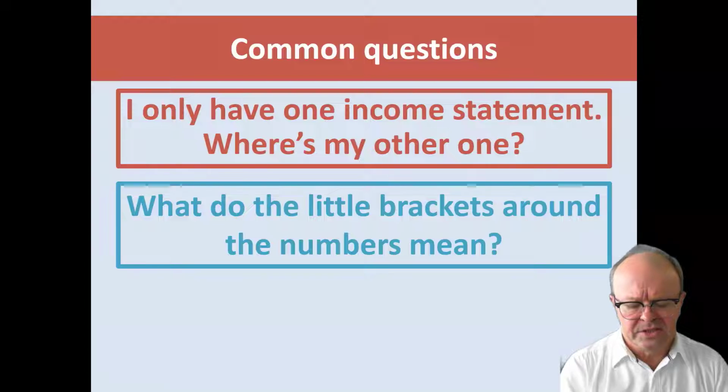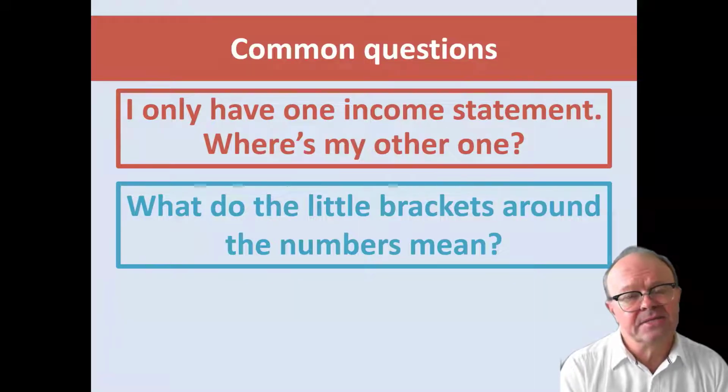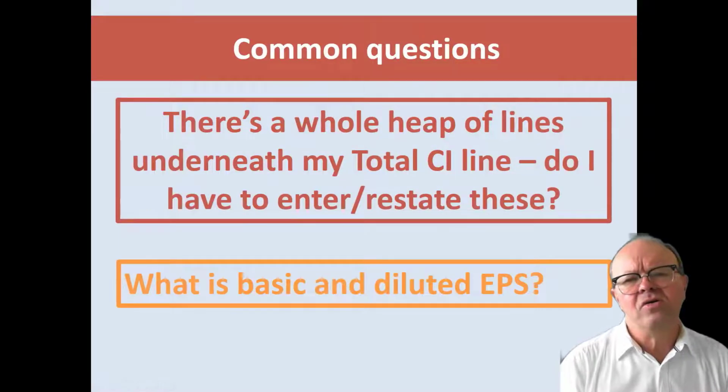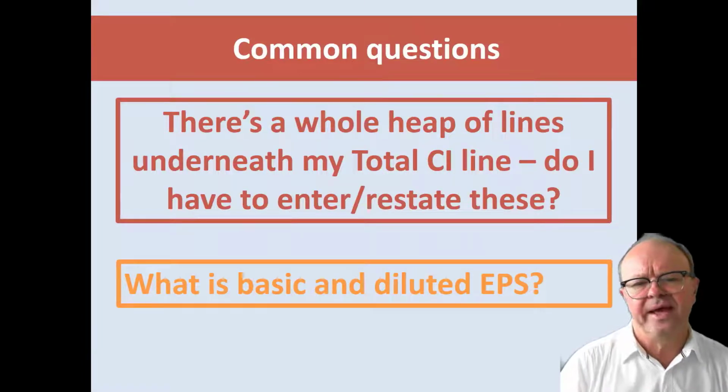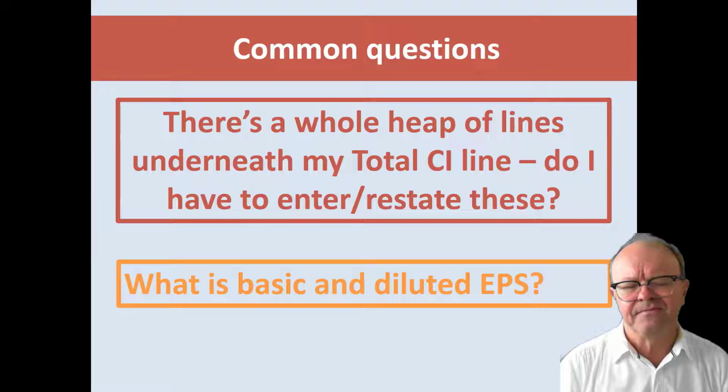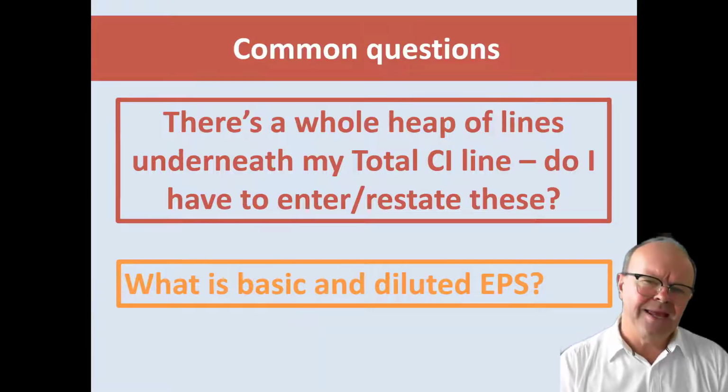So that's an important distinction when entering items into Excel. There's a whole heap of lines underneath my total comprehensive income line. Do I have to enter or restate these? You might notice at the end of your